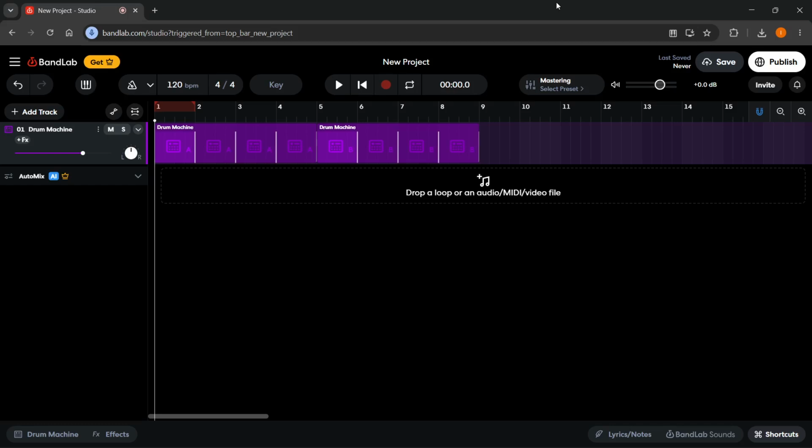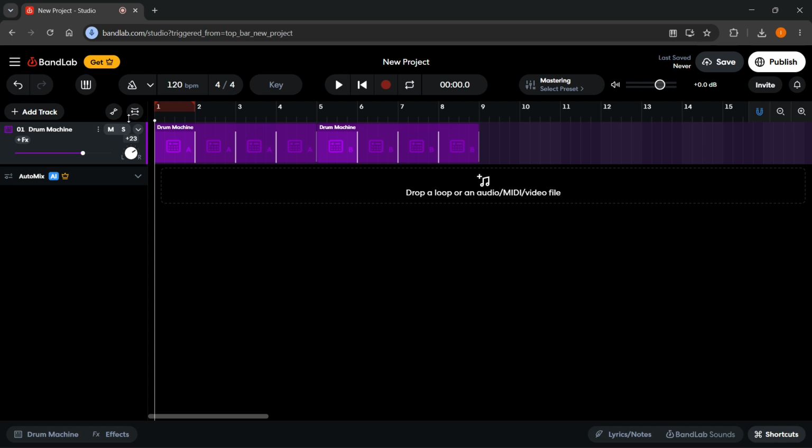In this video, I'm going to show you how to use the pan controls in BandLab. Now to do this, you have to use this button over here on your track. So if I actually play it right now, when it's in the middle, it's going to sound like this. Okay, but if I go and click over here and then drag towards the upside, it's going to go and